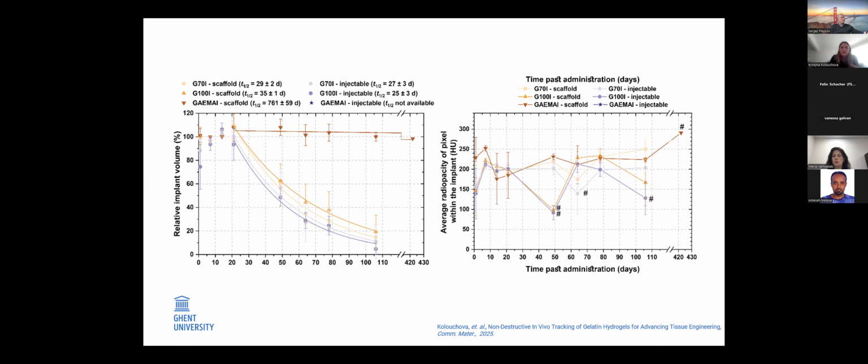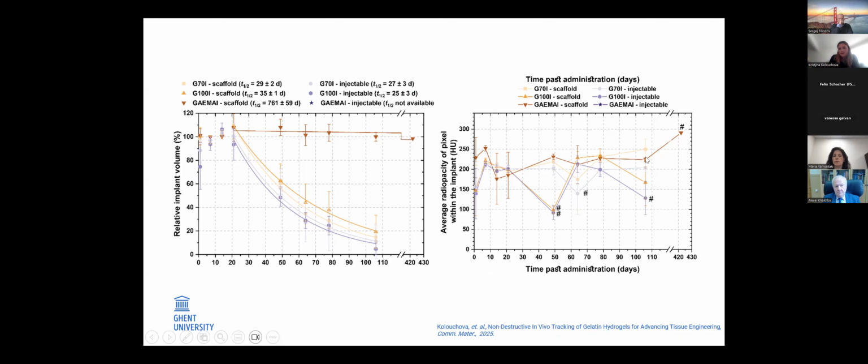This is something nice that we found out: with the contrast agent, because we're adding very little, the material actually behaves very similar, almost the same as gelatin without the co-cross-linker. So that's an advantage. Another thing we looked at is the average radiodensity, and you could see that